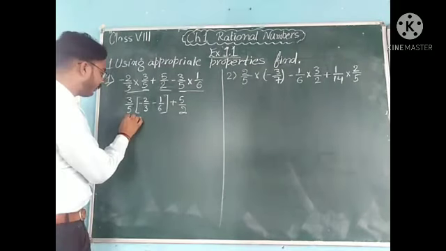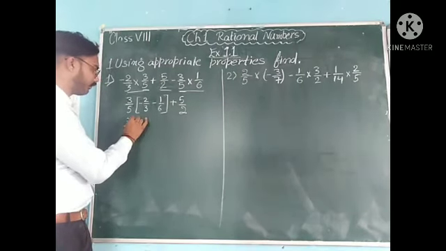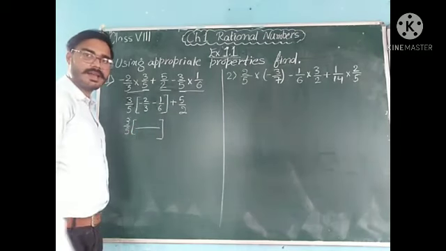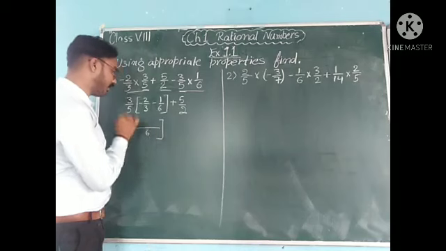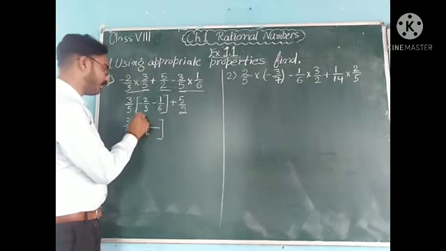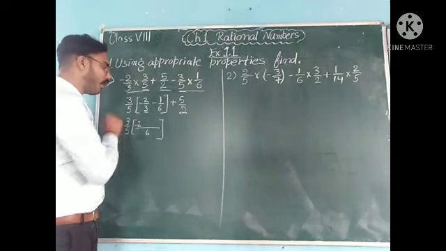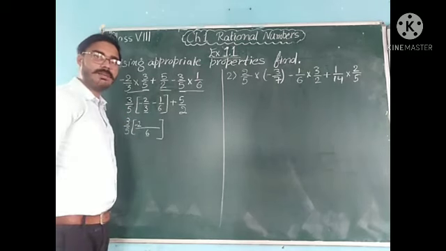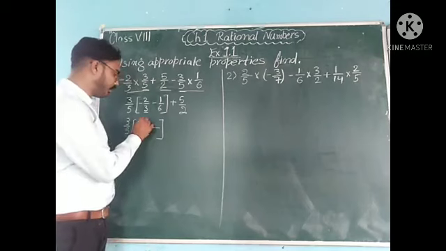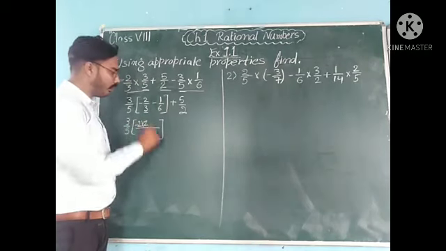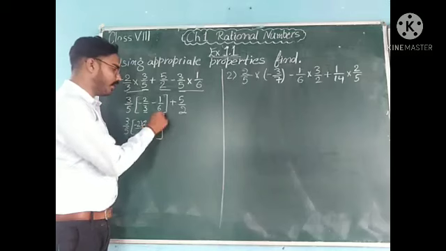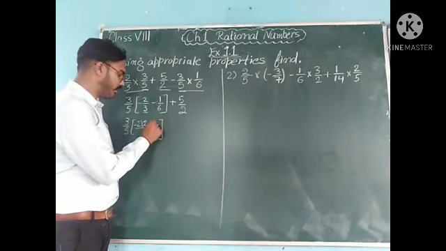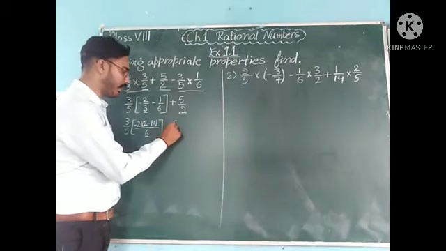And now we are going to solve 3 over 5. The LCM of 6 and 3 is 6. Now here in the numerator is 2. But how much will we multiply 3 by to make it 6? 3 को किससे multiply किया जाए कि 6 आ जाए? So it will be 2. And after that minus 1. 6 को किससे multiply किया जाए कि 6 आ जाए? That is 1, plus 5 by 2.